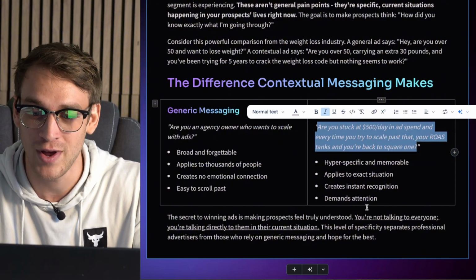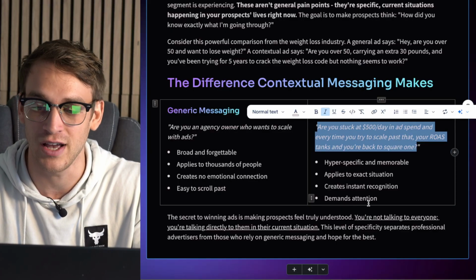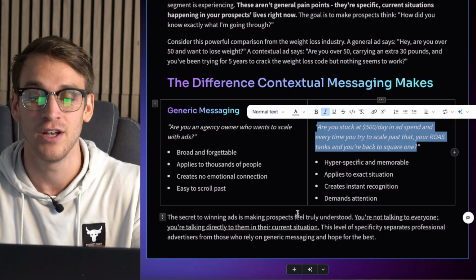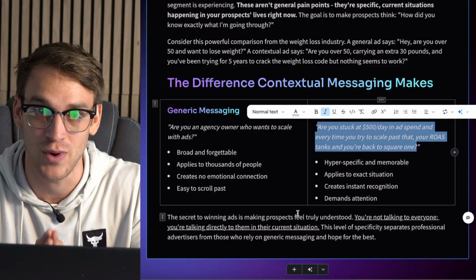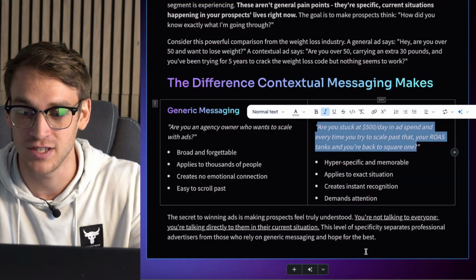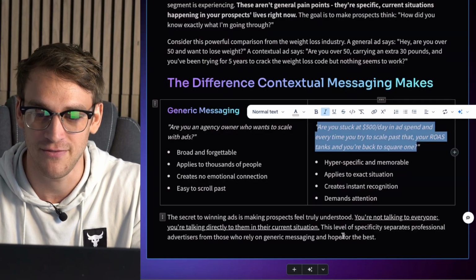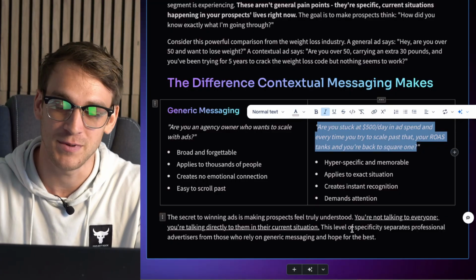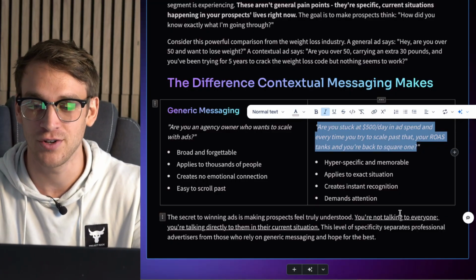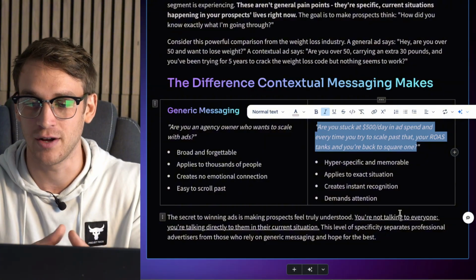So the secret to winning ads is making prospects feel truly understood. You're not talking to everyone. You're talking directly to them in their current situation. That's the difference. This level of specific advertising separates professional advertisers from those who rely on generic messaging and hope for the best,